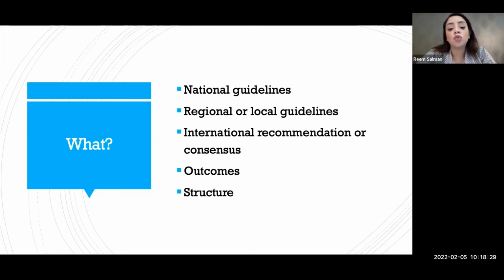Okay, so regional and local guidance as well. It could be guidance in the deanery which was agreed on at a regional meeting and published on a regional website for this deanery, or it could be local guidance in the hospital. Also, sometimes international recommendations and consensus, especially for rare procedures or rare conditions, could be applied in your hospital, and they can also be audited.